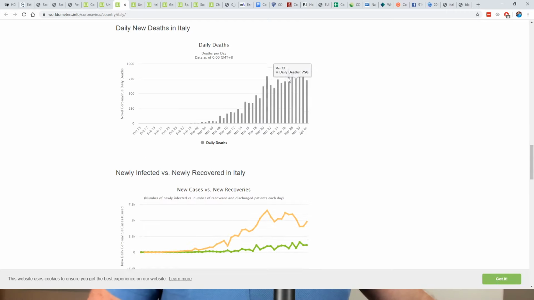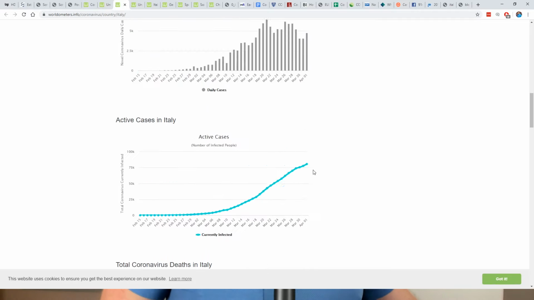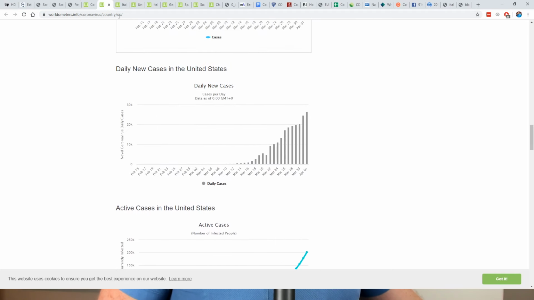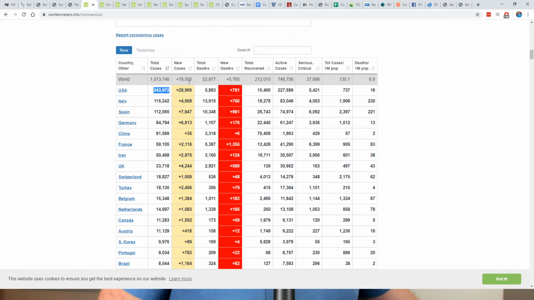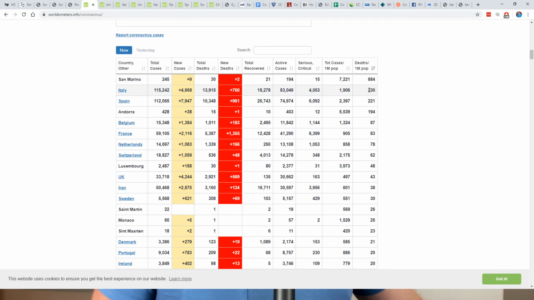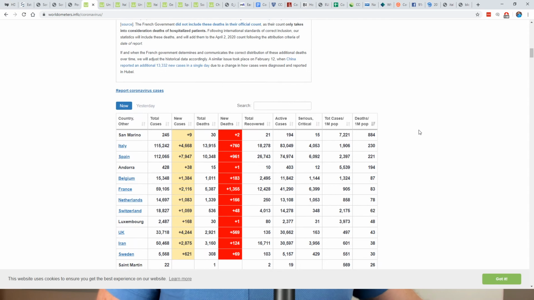We talked about Italy. Here's Italy. They're around in the corner, guys. I think they're probably 25% of the way down, maybe 20% of the way down. And you can see where they're at here death-wise. They're at 13,000, 115,000 total. And again, we're doing pretty good as a country. Go here, worldometer.info. The marker I want you to look at is total deaths per 1 million. All right, total deaths per 1 million. Italy at 230, Spain at 221, Belgium 87. Let's go look at us. We're at 18. 18, okay? So you look at Italy, right? Italy's at 230. 230 divided by 18.